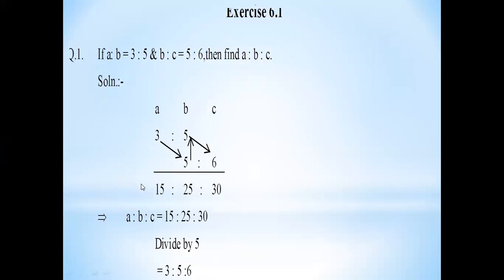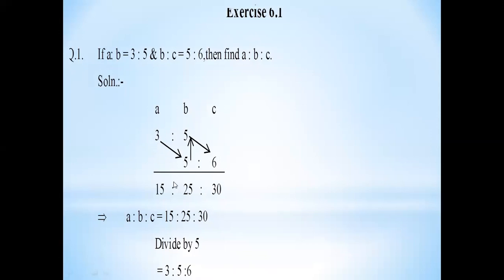Now, how do you do the multiplication? The first value multiplies with this. The arrows show you have to do it in the same way: the first value with the first value of the second ratio, and then the repeated value by itself, and then this value with the third value. You follow the arrow direction in all of them and find the continuous ratio.